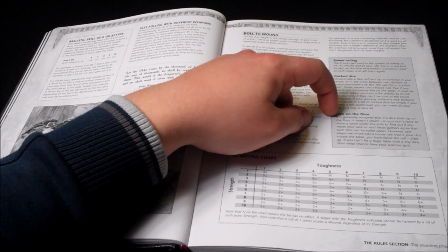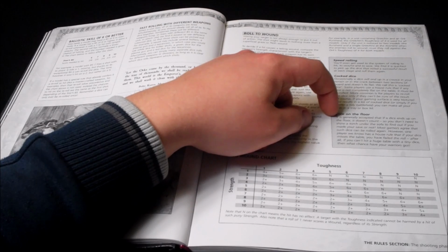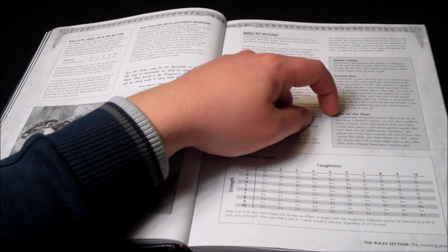Now, dice on the floor. It's generally accepted that if a dice ends up on the floor, it doesn't count. So you don't need to shine a torch under the sofa to find it if you've made a save. Most gamers agree that such dice can be rolled again. However, one player we know has a house rule that if your dice misses the table, you have failed the roll. After all, if you can't hit a huge table with a tiny dice,